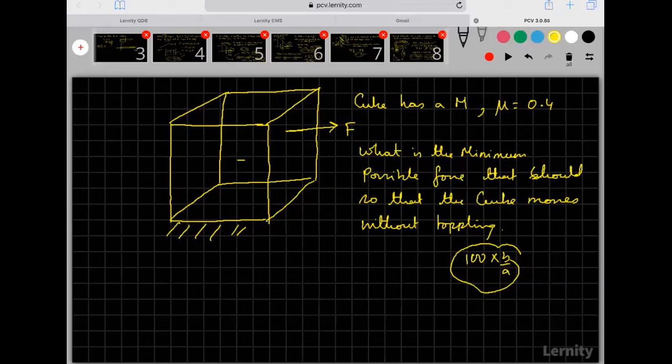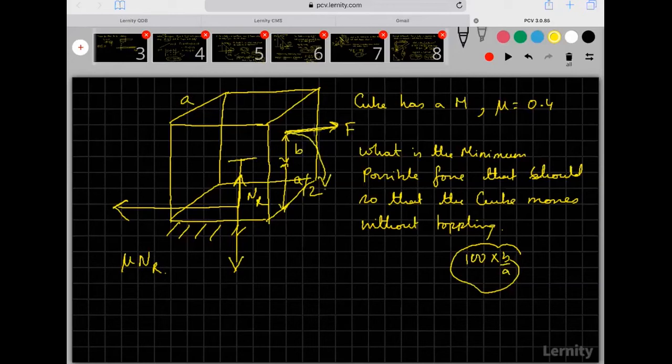So first step always is to draw a diagram, a free body diagram. So at this point you have mg, then there is a normal reaction which is acting, then there is going to be a frictional force on the ground. Frictional force is mu into NR. Then you have a force F here at a distance b from the center of mass. So this distance from here to here is a by 2, where this dimension is a. Now they are asking you, it should not move like this. Instead of moving like this, it should move this way.